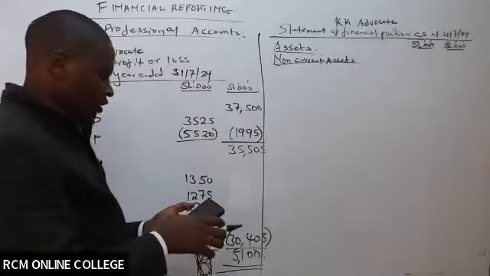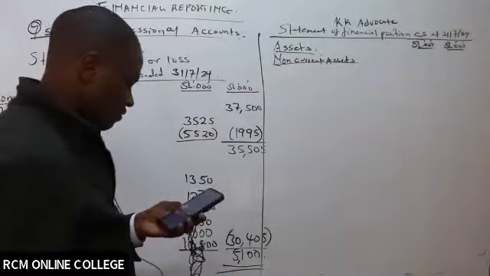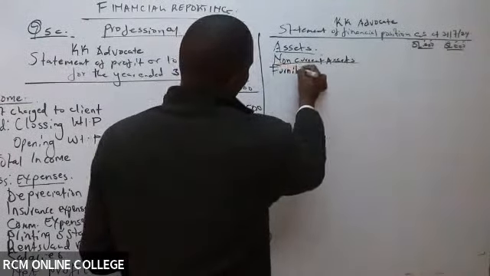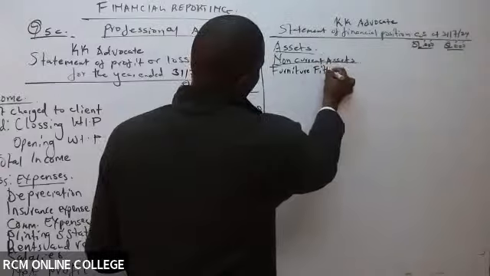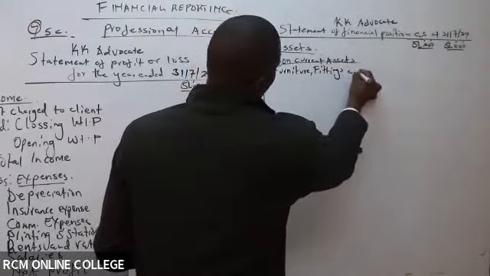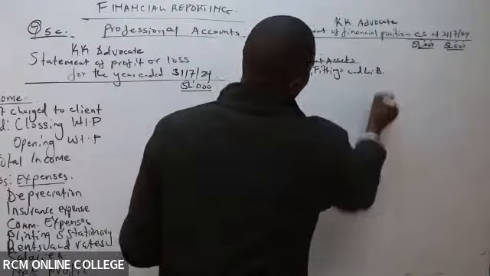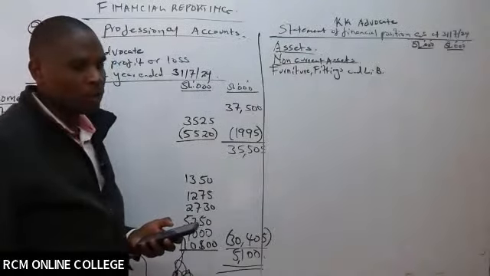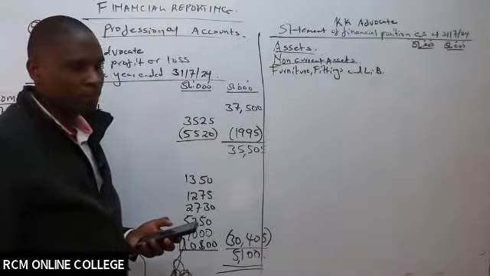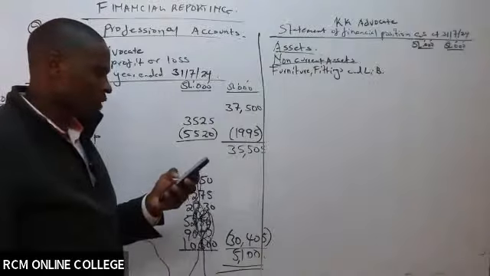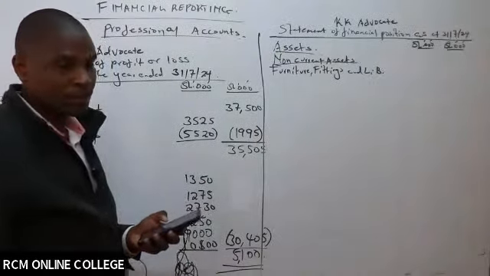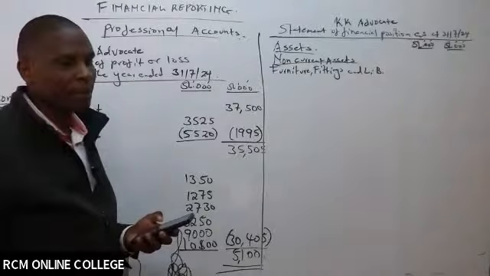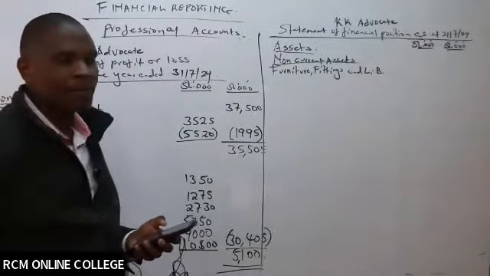Which name did they give the non-current asset? Furniture, fittings and library books. Who will tell me what to record? What should I record in the second column? What's the value? You can see I have 6750. Should I record 6750? I want somebody to guide me here.